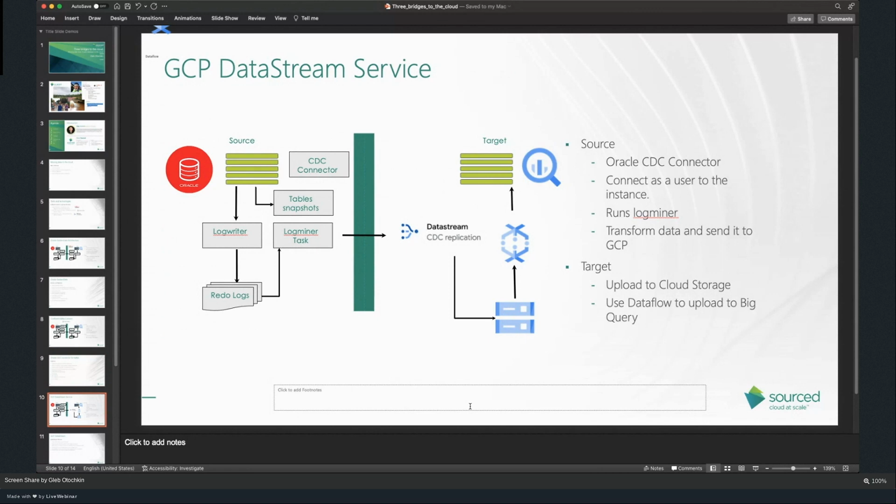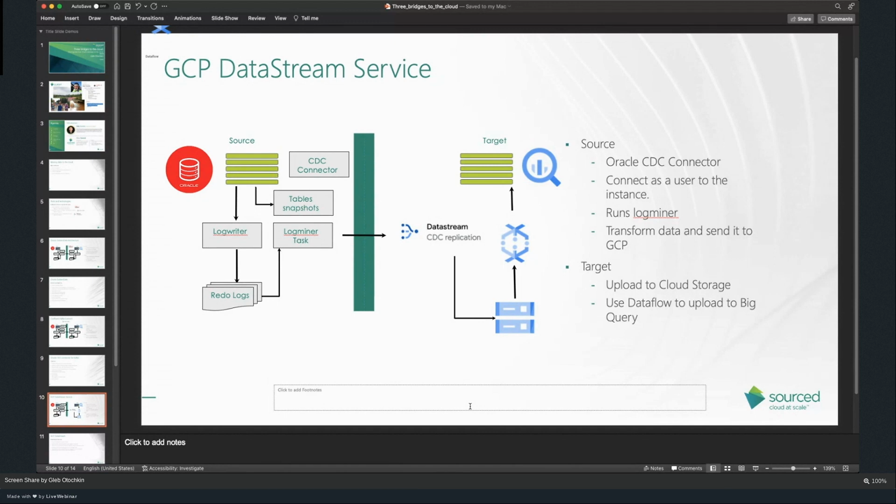It reads, but not the redo logs. As a matter of fact, it cannot read the online logs. What it reads are archived redo logs. So when you update a row on the source and commit, it is not going to be replicated right away.